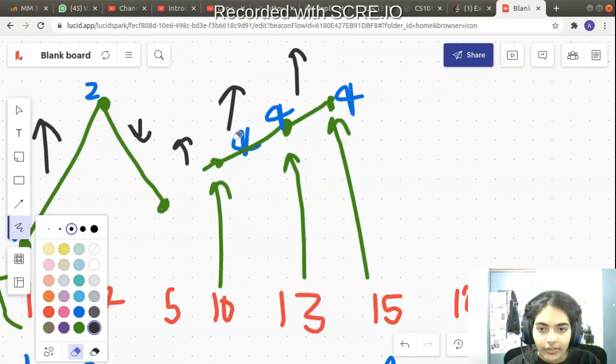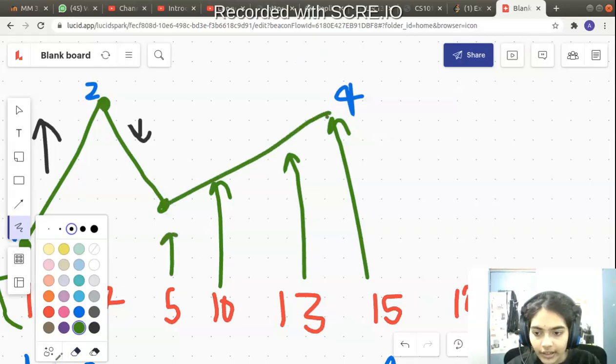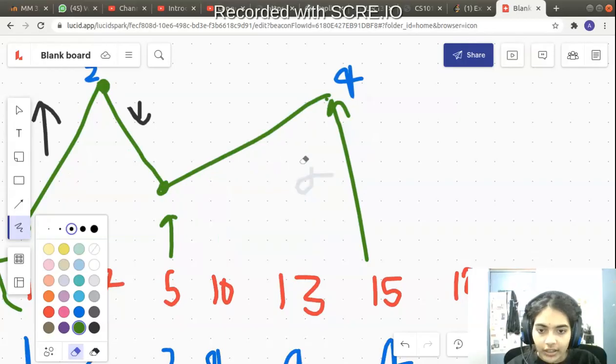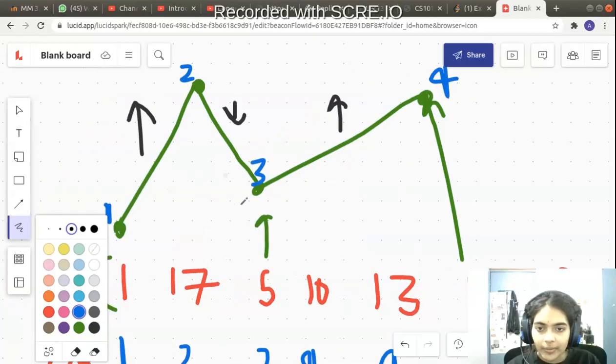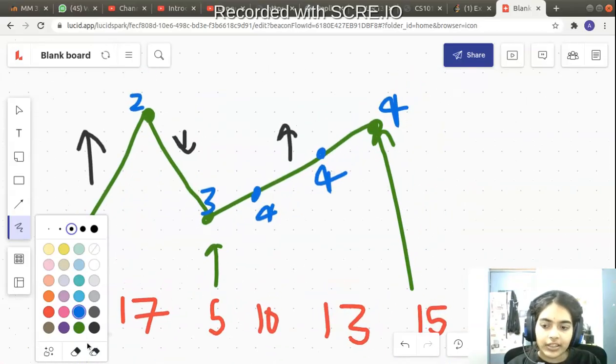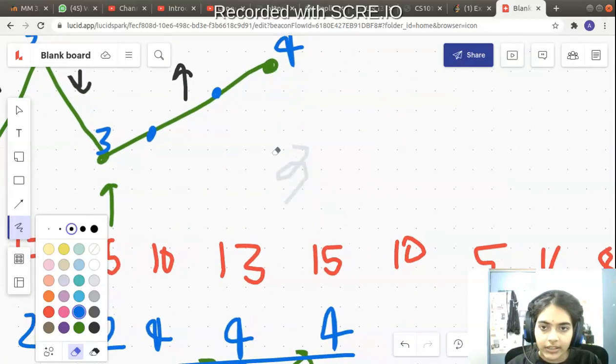So what does that mean? Even if I didn't have these two useless nodes in between, even if I connect, let's say, 5 to 15, I just delete these useless nodes, 10 and 13, and I just connect 5 to 15. Then again I will just increment my wiggle subsequence by 1. My wiggle subsequence had length 3, here also it has length 4. Even if I add these extra points, my wiggle subsequence is just having length 4. That's because these are useless points. They are not aiding, because a point would have been useful only if after an increasing quantity you had a decreasing quantity, right?